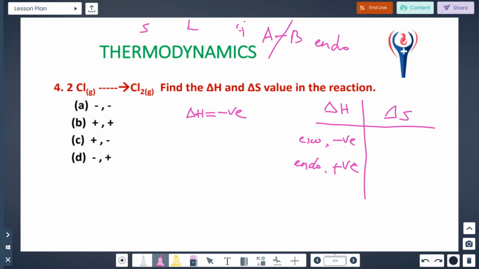When we come to the gaseous state, there is more disorder. Wherever more disorder takes place, the entropy in that state will be very high. In the gaseous state, the entropy is more. Entropy is nothing but disorder. Understood? Here, in this case, on the left-hand side there are 2 species. On the right-hand side, we have only 1 species. Whenever the number of species decreases, entropy is